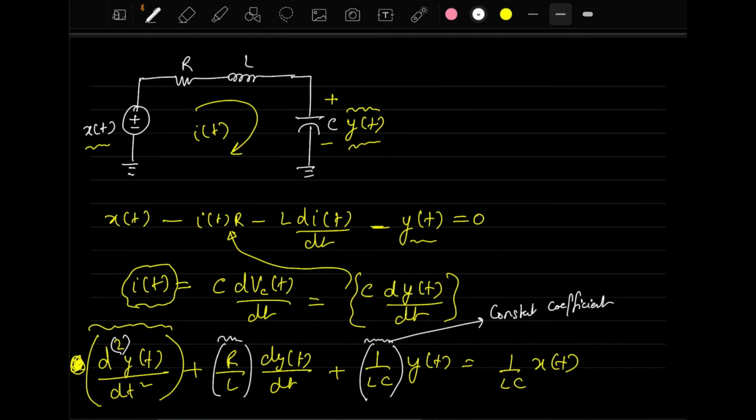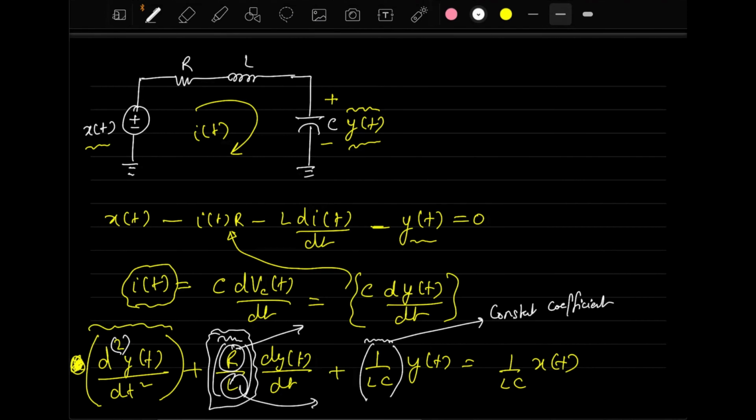And you can see the order of this differential equation is 2. These types of equations are of special interest for us, as you can see now that through the example of the electrical system, we formulated these differential equations. And again note that these differential equations are not restricted to only electrical systems. If you are working with some other system, the only thing that will change here will be these coefficients. You have to see how this R will map to that particular system's variable, and how L here in the electrical system will map to that particular system's variable.